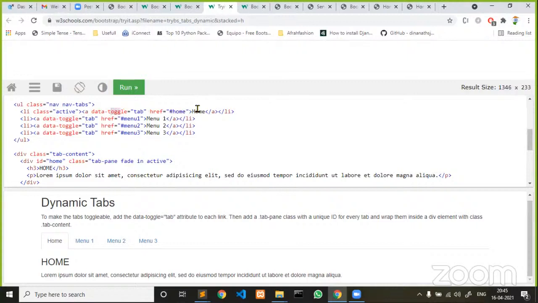If the user clicks on home, we are going to identify an element whose ID is equal to home. Here, the targeted division ID is home. That's why. And the animation we are using is the tab animation. Data target is also a customized attribute, similar to data toggle, which is going to target the right element within the HTML body.